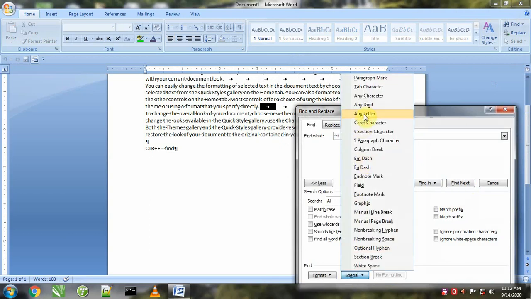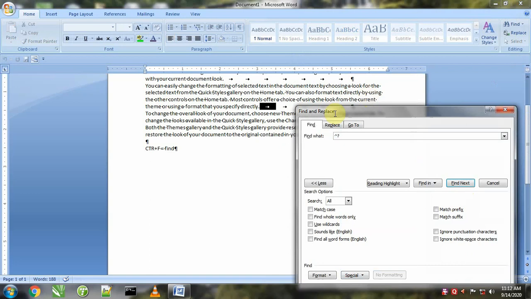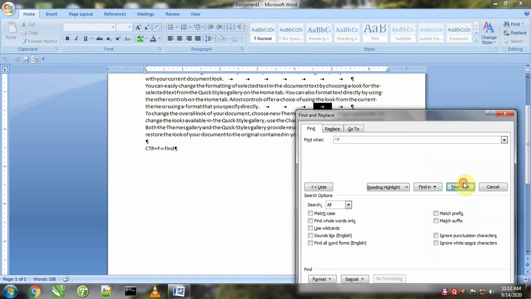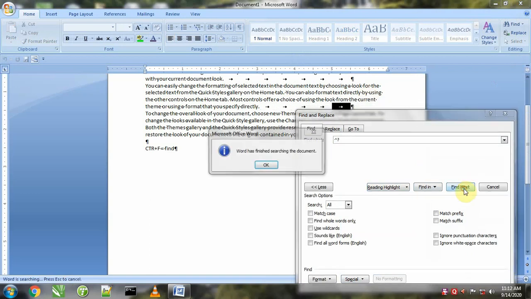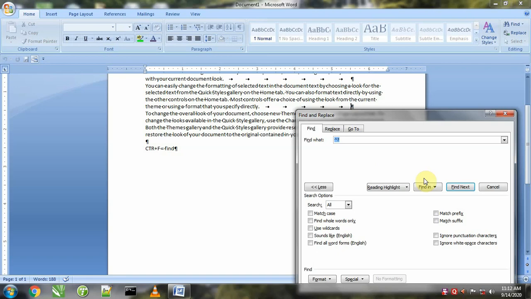If we say any character, in that case it will show all characters, whether it is ABCD or space or tab or numbers, anything, and punctuation, all these will be represented with the help of characters.